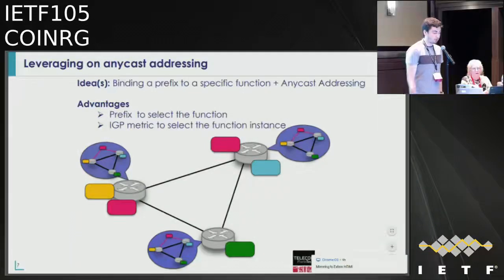So if you look at this topology, you have two ping functions running on two different nodes, and if you look at the topological view of the IGP, you have only one node, and each instance of this specific function is represented by a link. And attached to these links, you can attach any metrics that you need to choose the right instance. It could be CPU use, or memory use, or the time it takes to process a packet. And based on that, you will be able to build a